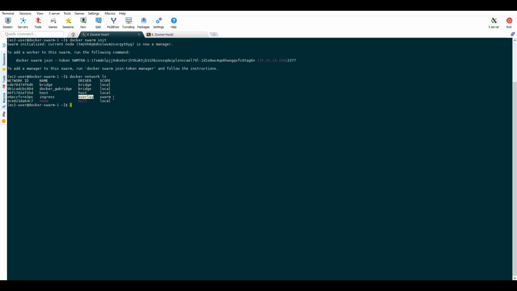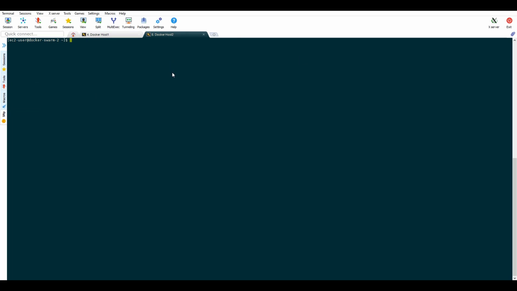Please note that port 2377 is used for Docker cluster communication and should be opened in the firewall. Otherwise, the docker swarm join command will not work.